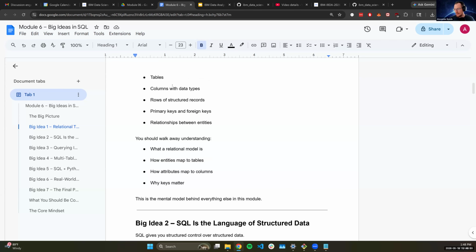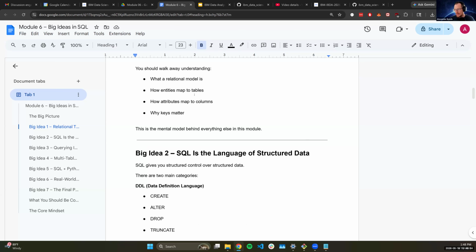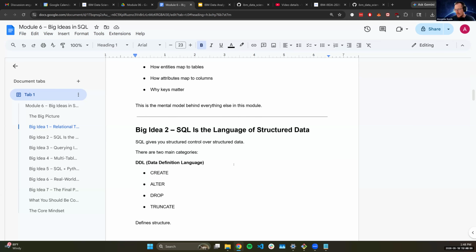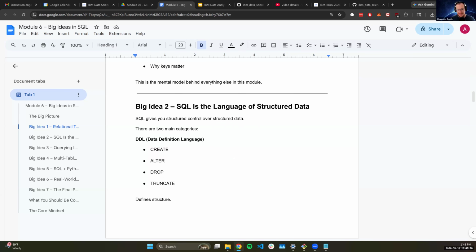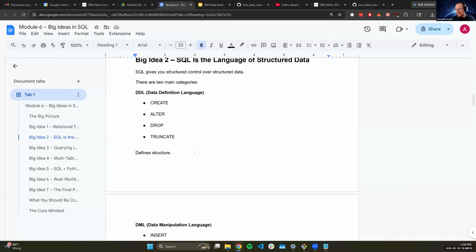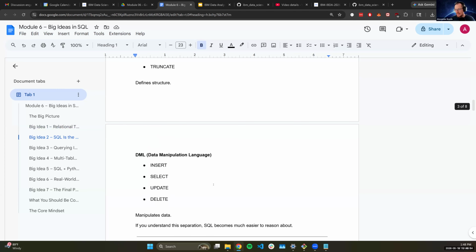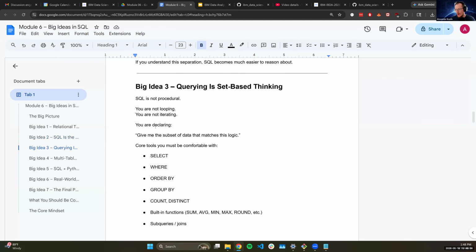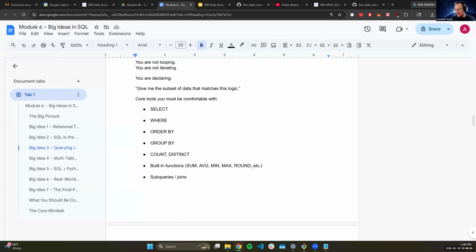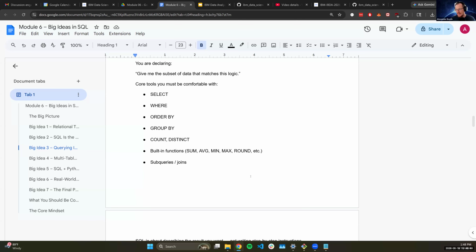We're going to be talking about creating primary and foreign keys, mapping entities back to each other, etc. We're going to talk a lot about SQL, the main language of relational databases and structured data, your DDL and DML clauses, as well as your query clauses and aggregations that are all built into SQL.